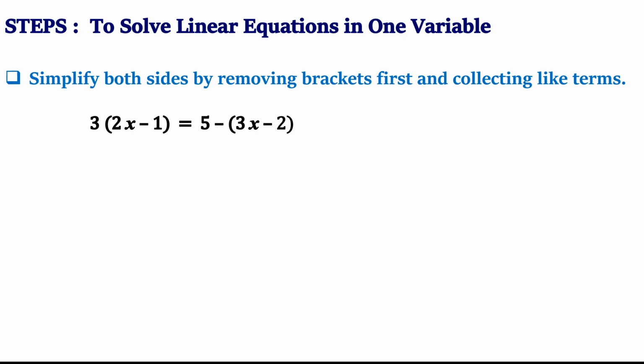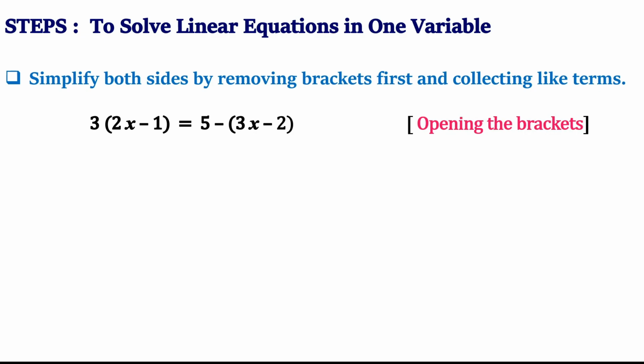Don't just remove the brackets, you have to see what is next to it, because if a digit is there, we will multiply that digit with every term of the bracket, and if some sign is there, we will multiply that sign with every term of the bracket. And you have to be careful if a minus sign is there, because it will change the sign of each and every term inside the bracket. Let's see. First of all, we will open the brackets.